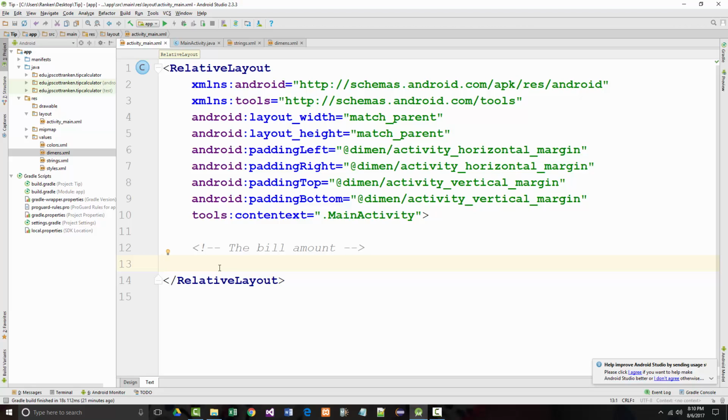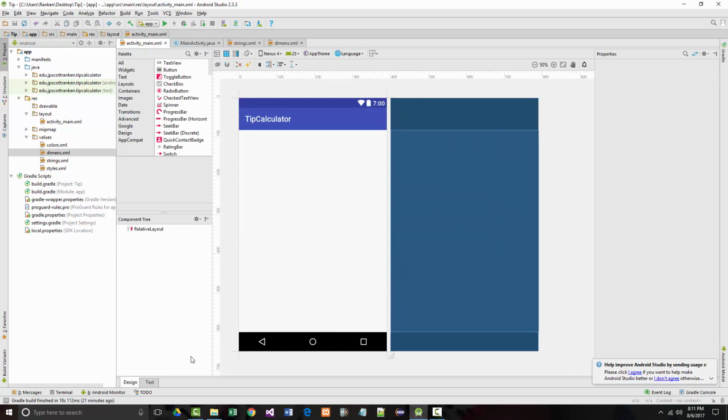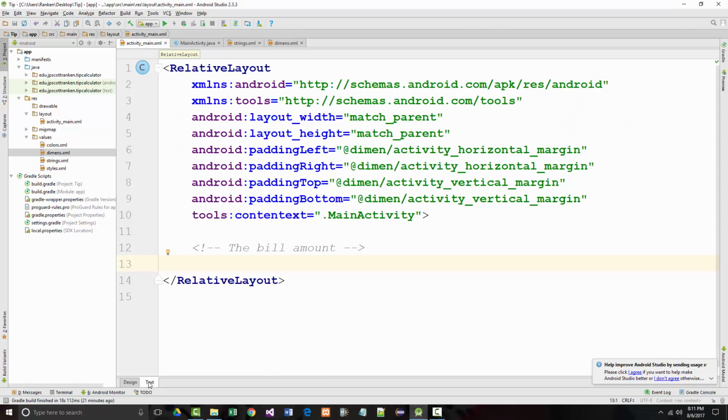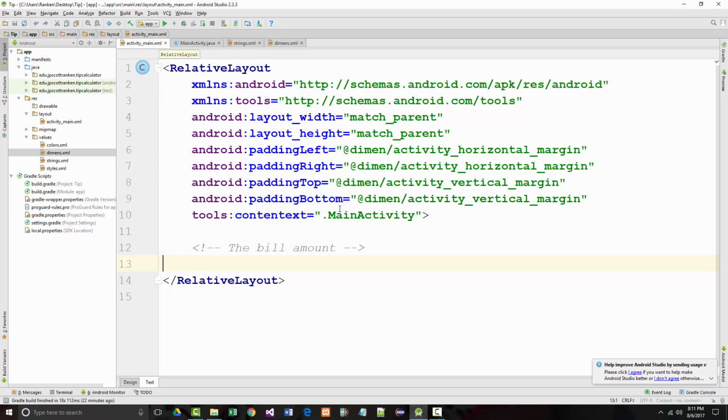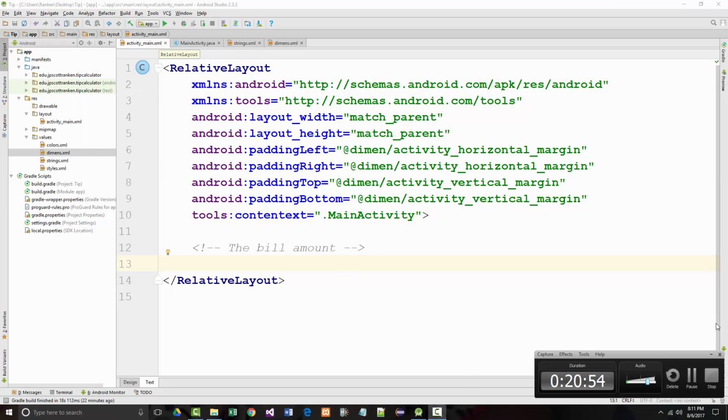As we add each and every one of these, we'll go back. If we go back into design mode right now, there's nothing there. But as we come in and keep adding stuff, we'll go back. All right. So let's do a file save, or save all, I should say. And I'm going to stop for this particular